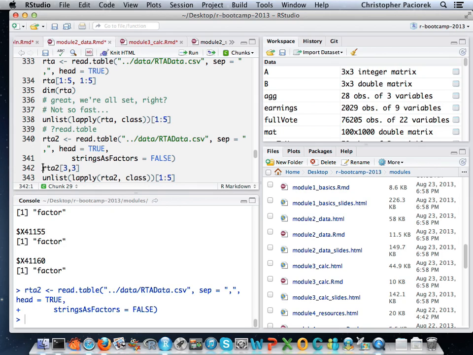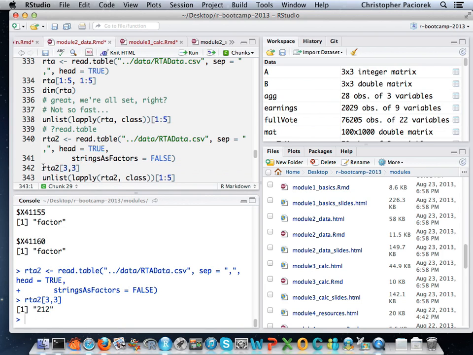Depending on the kind of data to get read in, it sometimes takes more or less time to do the same reading in, depending on how it's interpreting the different kinds of values. So now if we look at, say, the third element of this result, it is actually a string, which is not surprising because I told it to read stuff in as strings instead of factors. So that's still not quite what we want because we're thinking these are numeric values.